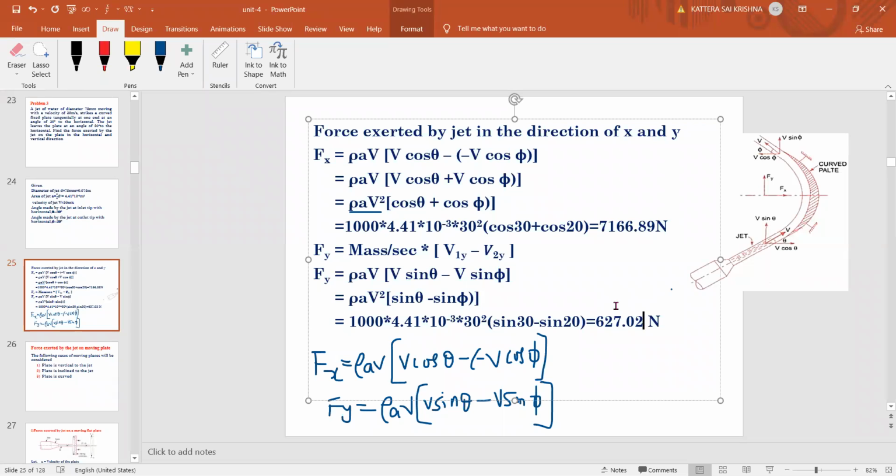Next, we'll start with the moving plates. Till now, all the plates we have seen are stationary, meaning fixed plates. First we saw the vertical stationary fixed plate, next the inclined stationary fixed plate, next the curved fixed plate. In that we saw three things: the jet hitting at the center of the plate, the jet hitting at the tip of a symmetrical plate, and the jet hitting at the tip of an unsymmetrical plate. These are the things you have seen in stationary plates, also called vanes. If you are finished, please inform me, and we'll go for the next slide.